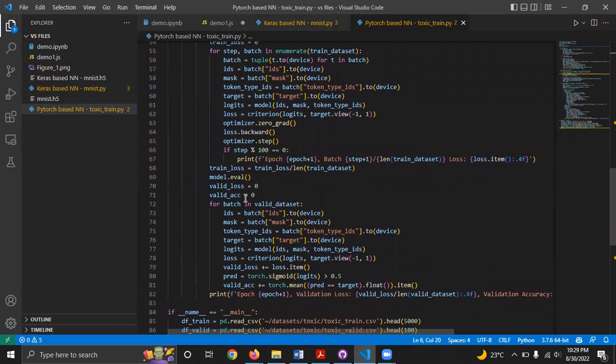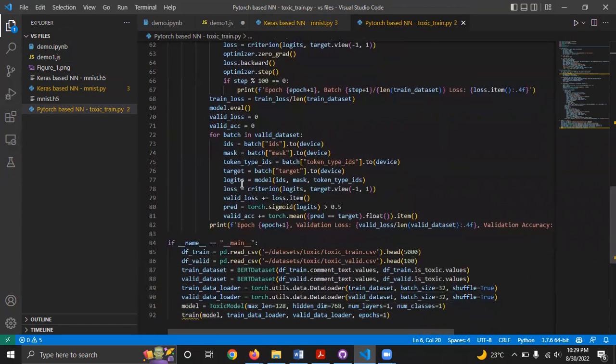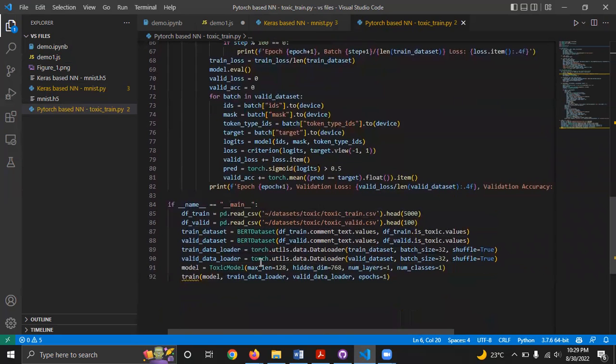validity on our valid dataset. There are three types of data: train dataset, valid dataset, and test dataset. So validity loss and validity accuracy. And finally, I have to take this dataset, toxic train and toxic valid, from the internet, and it is very long, having more than 10,000 values. So for 5,000 here, I am keeping this and 100 values, but it takes almost 15 to 20 minutes,